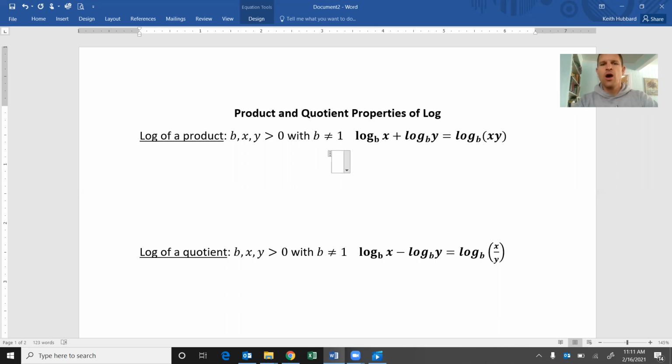What's going on here? Okay, well, first off, when you're dealing with logarithms, often you want to be able to convert them to exponents. So let's just agree that log base b of x we'll call m, and log base b of y